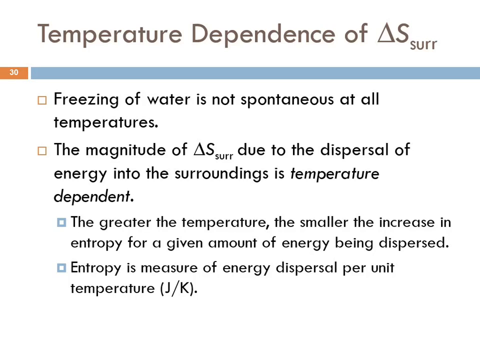So I like the analogy that was actually in your textbook. I don't know if you guys read that, but I read that. That's how I make these slides. So you know that I like to talk about energy as being like money. Say you had $1,000 to give away, energy to disperse, a certain amount of energy. If I give that $1,000 to someone like Donald Trump, is that going to make a big difference in his net worth? No, because he already has so much. $1,000 on top of what he has is nothing, right?